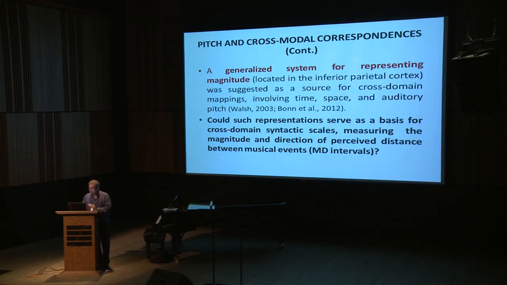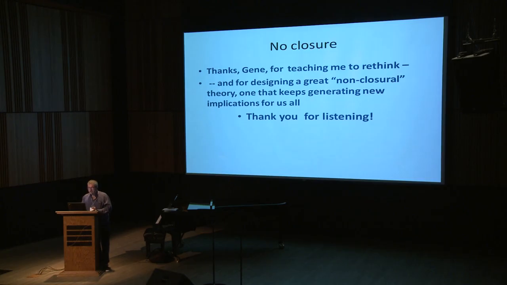The suggestion is that this system, located in the inferior parietal cortex, is a source of cross-domain mappings, all of which involve a scale of magnitude, and it may involve both time and space, and auditory dimensions like pitch. Now, could such a representation serve as a basis for cross-domain syntactic scales, measuring the magnitude and direction of perceived distance between musical events, our MD intervals, multidimensional intervals? I don't know. There is no closure to this presentation